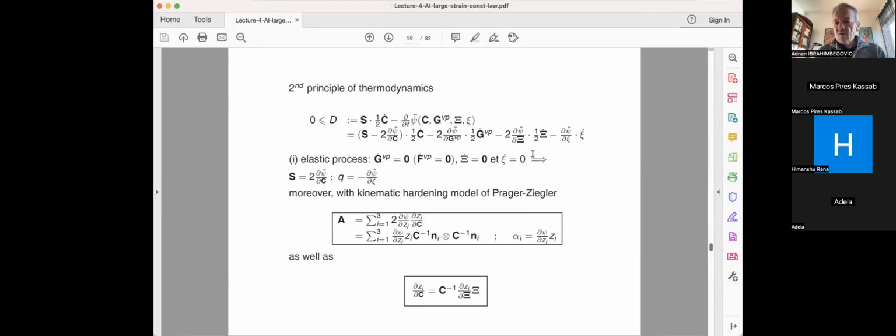So I again take all these partial derivatives into account and distinguish between the elastic process where all the internal variables are frozen. That means F^vp dot is equal to 0, F^ep dot is 0, of course. Then the back strain Xi dot is equal to 0, and the hardening variable log psi dot again is equal to 0. So from this one, I can obtain all these drops, and I can obtain the constitutive equation, which says that the